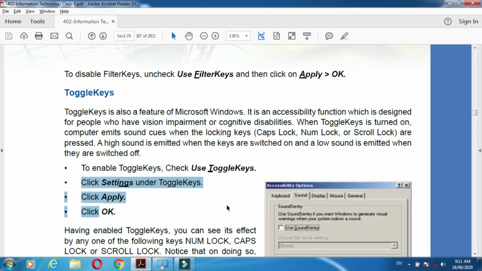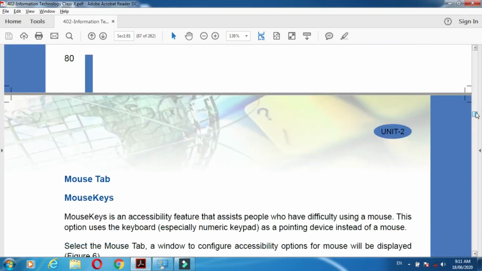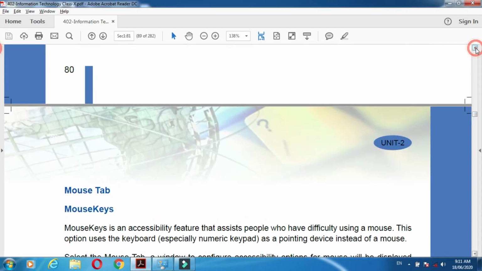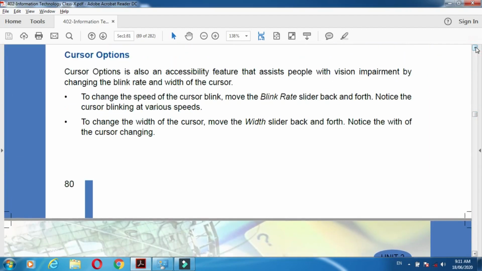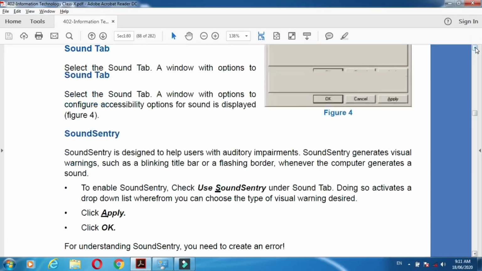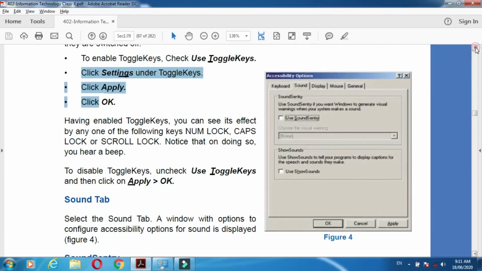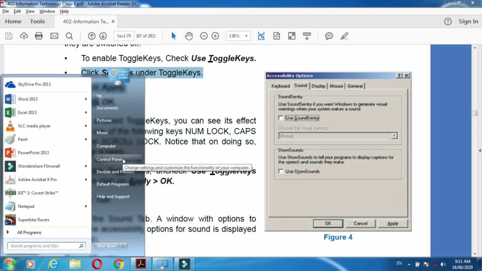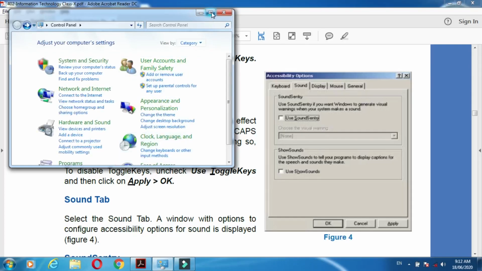How can we do it? Let us do our practical in this way. Click on the start button, then go into the control panel. The control panel appears.